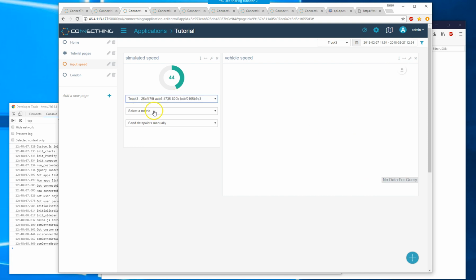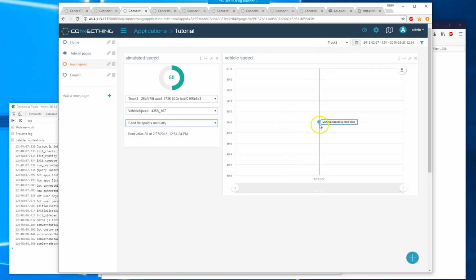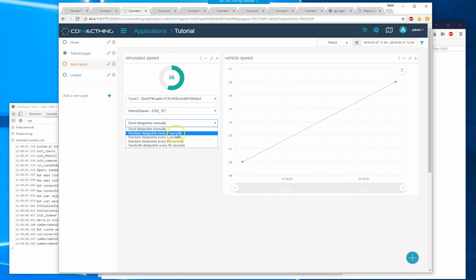So now I'm going to set truck 3 and set the metric for vehicle speed, and I could send in these data points manually. So every time I just clicked on 50 there now, and I see 50 has appeared on the vehicle speed on the right a few seconds later. And if I click something 56 now, we'll see that data point is sent into the IoT database, and now the continually updating graph on the right is demonstrating this. I can see my 50 and 56,